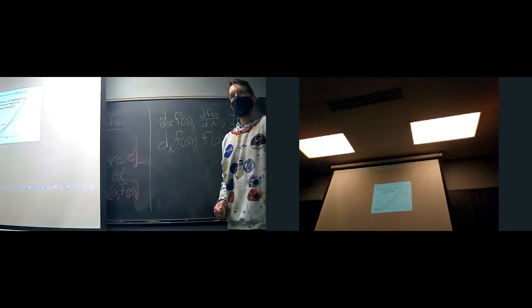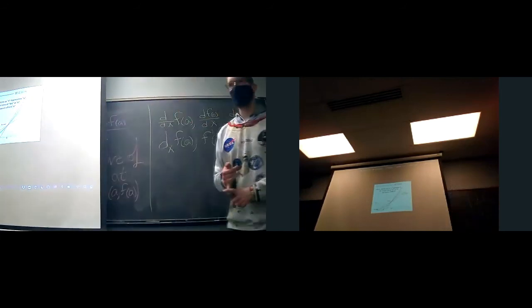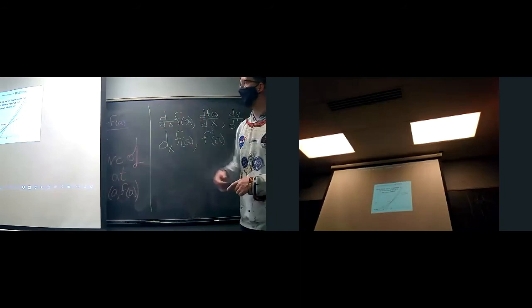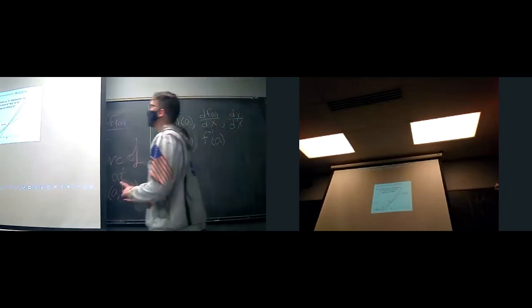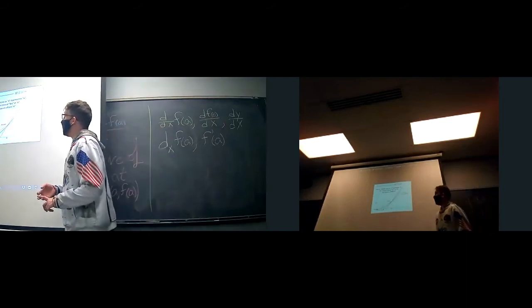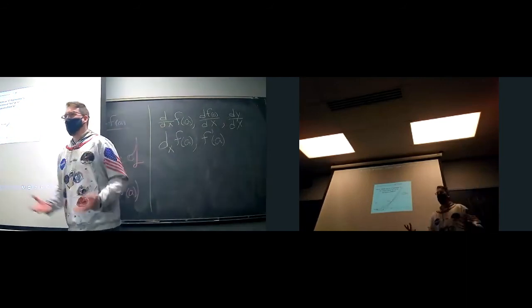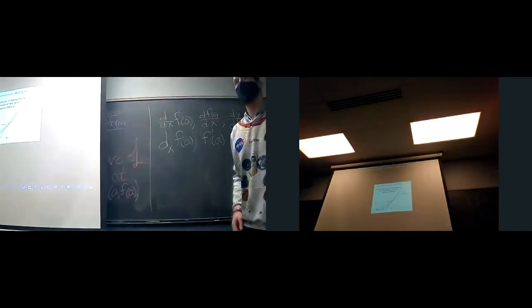Is everybody with me on this? I know I just threw a lot at you really fast. Just went through the derivation of the derivative of a function at a point. Just went over the secant line, just went over the tangent line. What does it all mean though? Like, what are we looking at here? What does any of this tell us?